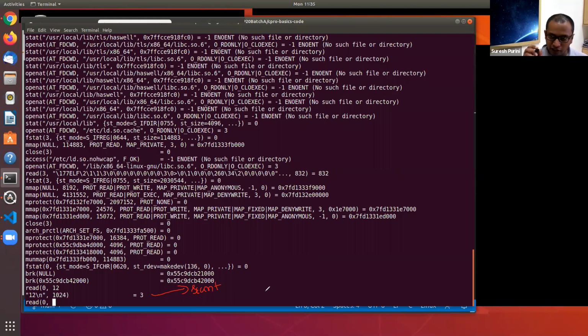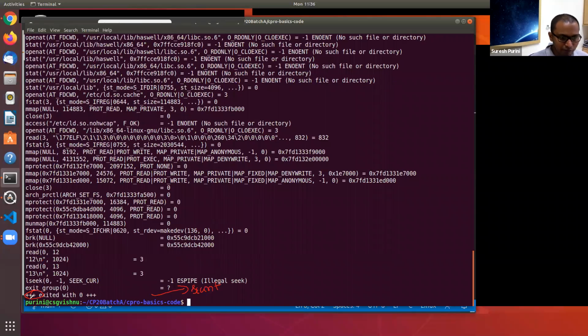Are you with me here? How one scanf statement is mapping to a sequence of two read system calls, because in the first case I just pressed 12 and enter. So the read system call returned this string to scanf. But scanf is not happy because scanf wants to read two integers. So it made one more read system call. So now I press 13. Now scanf is happy because this 13 is returned back to the scanf statement, and scanf got the two integers that it wants to read, and it's great. Are you all with me on this example, how it works?